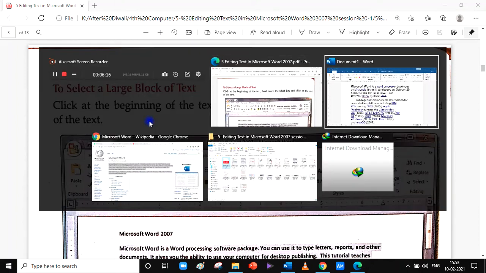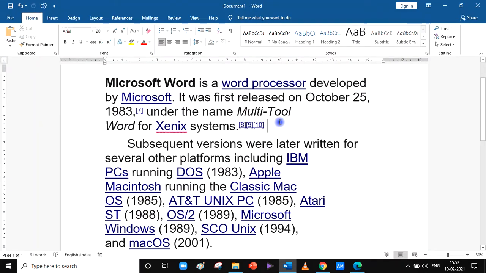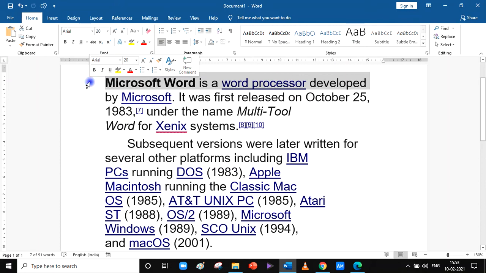Alright, let's do it in our Word. Suppose from this till this I want to select this whole text. Now what I need to do is go in front of the text where it begins. I will do one left click in front of it. The line will get selected. Now I will hold my shift key and I will come where the text ends. It ends here. I want to select from the beginning till this point. Then I will go to the end.